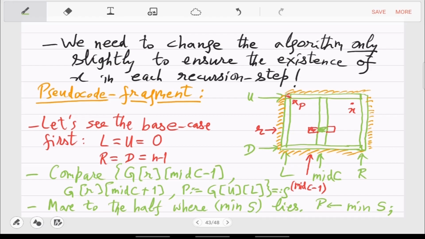Okay, so this is the place where this pseudocode differs from the previous pseudocode, because you now have this third value. So if it is smaller, then it will dictate a different move. So this may be in contradiction with the previous pseudocode, but the good thing is that this change will ensure our invariant, the new invariant.